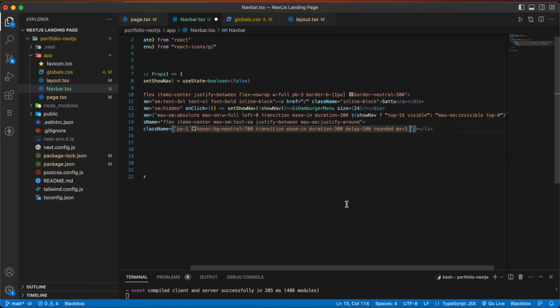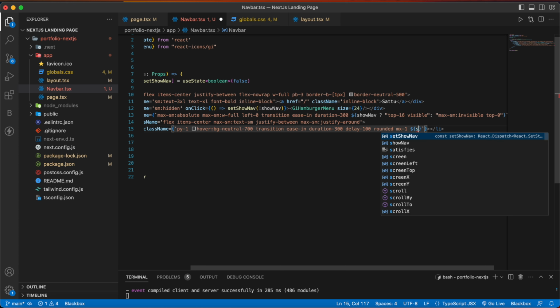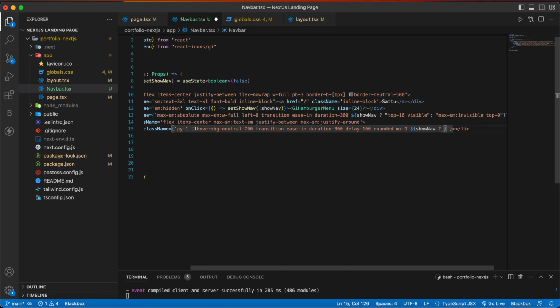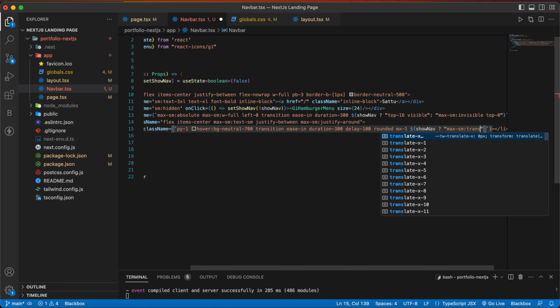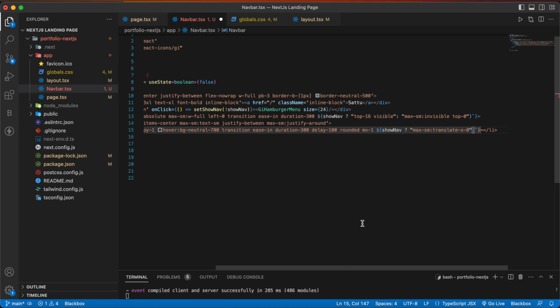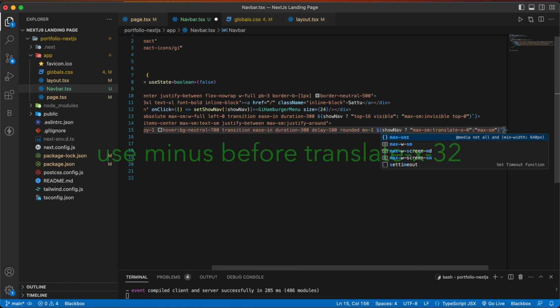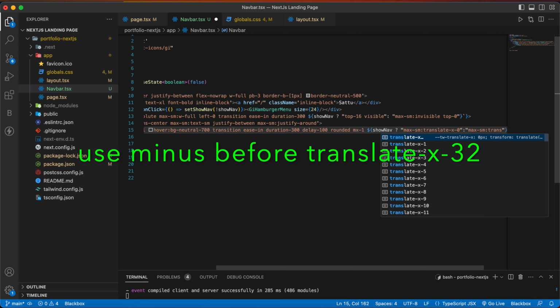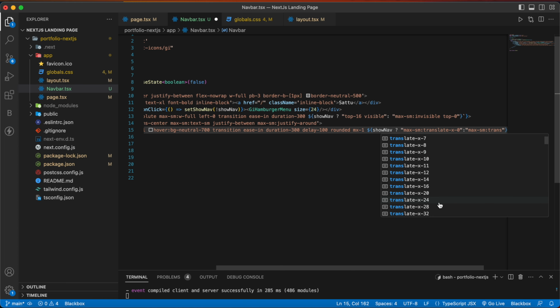And then we are going to write our ternary operator. If shown is true, then we are going to give max-sm:translate-x-0. Otherwise, max-sm:translate-x-32.